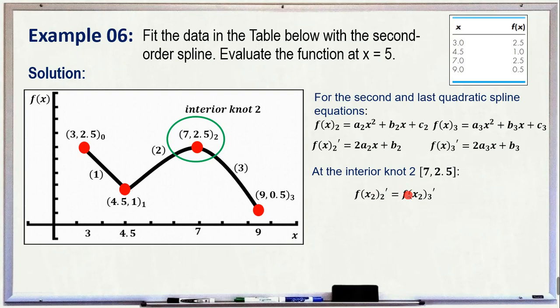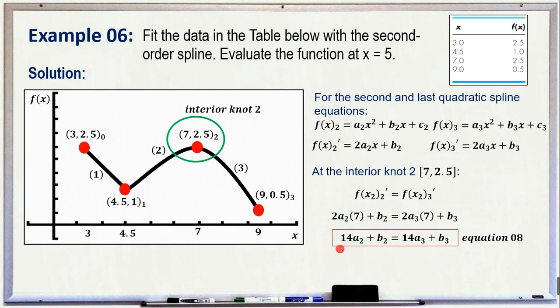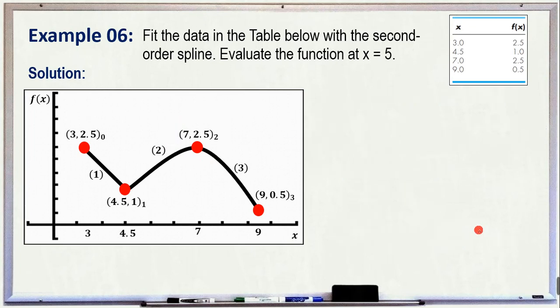So I equate them both and then substitute the expression for the first derivative. For the second quadratic spline equation, we have 2 times a2 times 7 plus b2. And for the third or last quadratic spline equation, I have 2 times a3 times 7 plus b3. Simplifying this further, you will arrive at 14a2 plus b2 is equal to 14a3 plus b3, and this will be your equation number 8. And lastly, we will assume that the